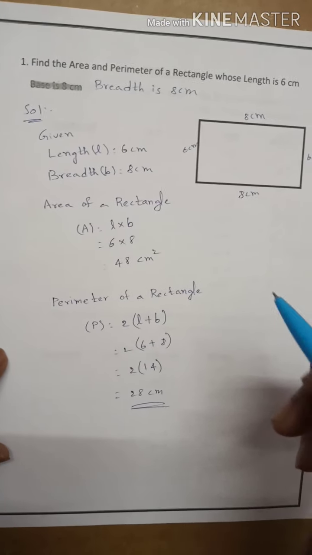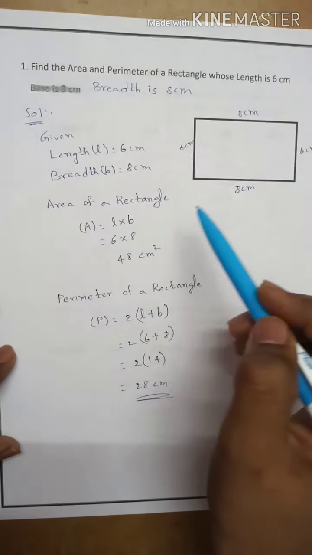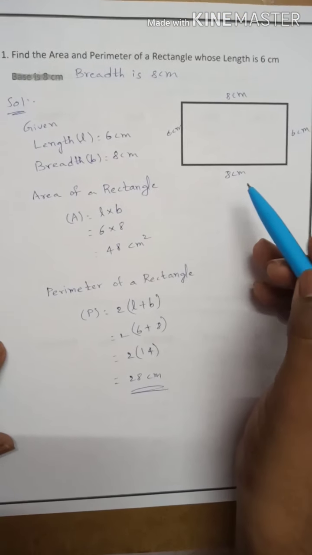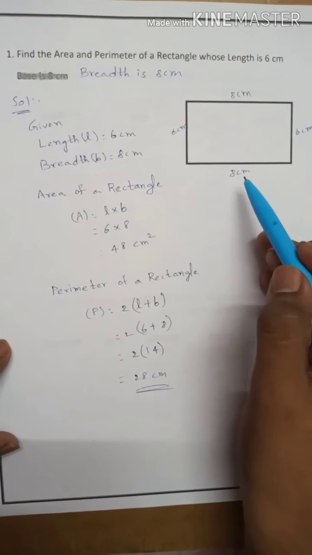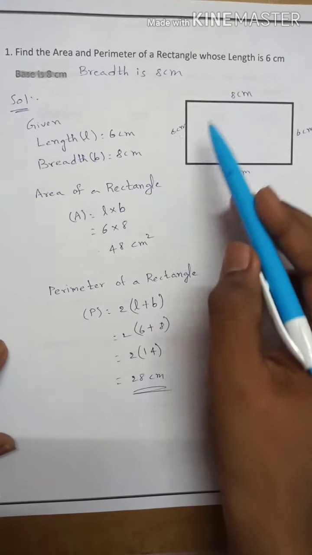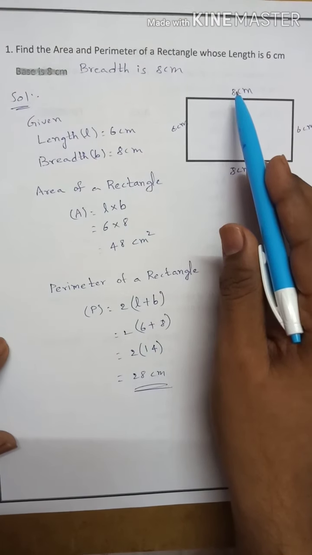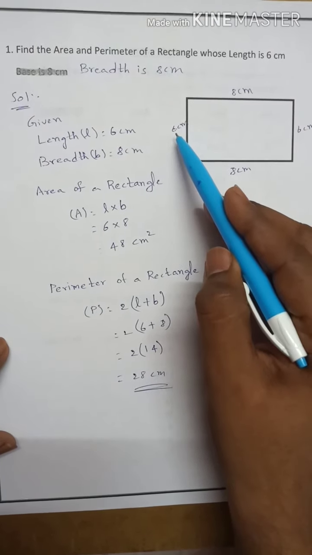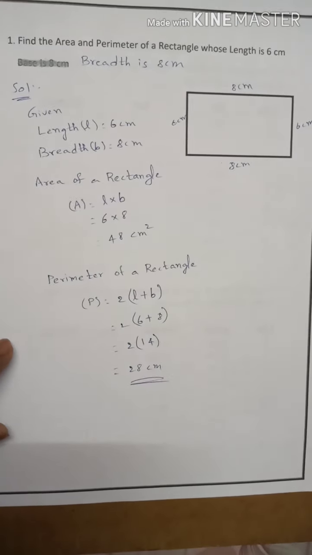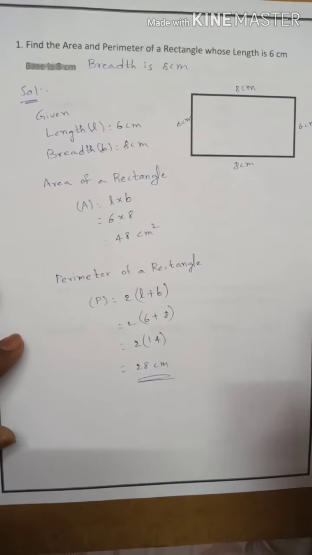Like I said, if you want to find perimeter of a shape, just add all the boundaries in that shape. Okay, for example, if you observe here, if you want to find the perimeter of this rectangle, we have readings here, right? So perimeter of this rectangle is 8 plus 6 plus 8 plus 6. 8 plus 6 14, 14 plus 8, 22. 22 plus 6, 28. That is what we got here, right? So in this way you can find area and perimeter of a rectangle.